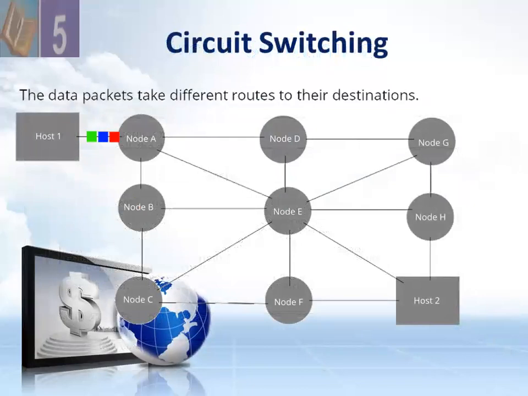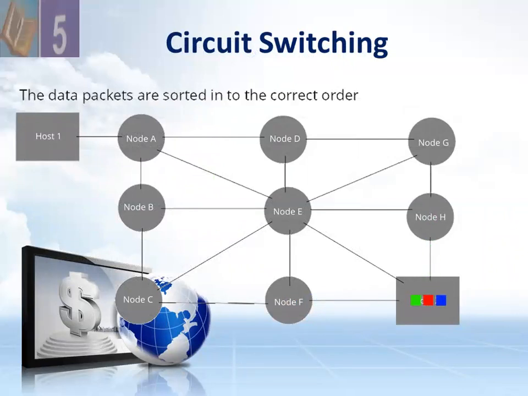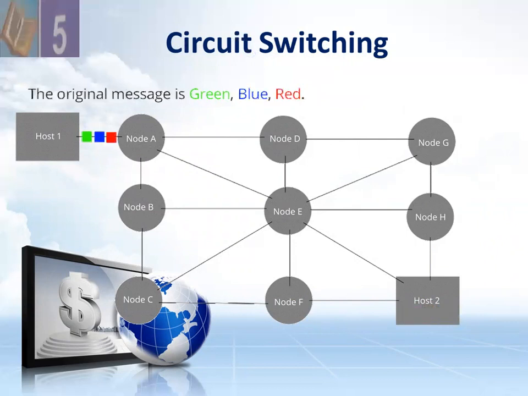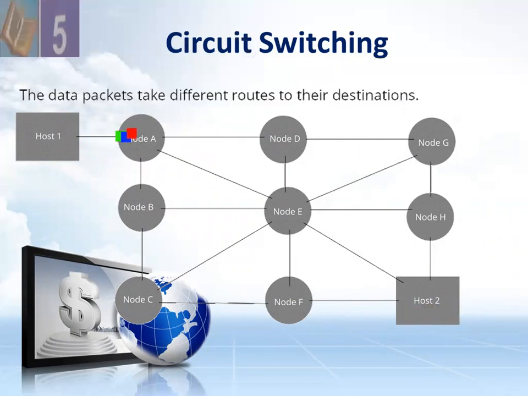Here there is a practical example of circuit switching. You can view host computer A sending to host 2. How do your data and packets transfer from one node to another in an unbreakable path? It can choose a different path and then reassemble the data again before sending to host 2.